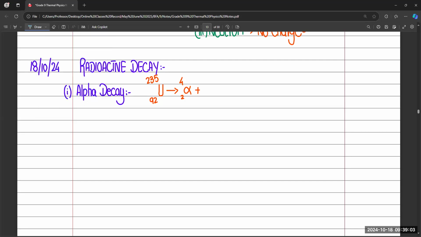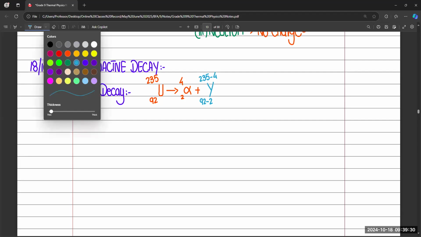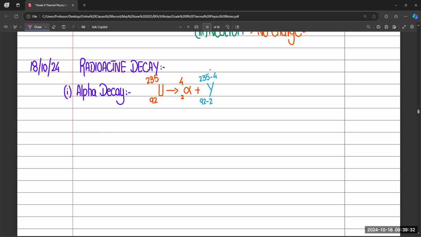We got a new element, any random element. We are not writing the name of that element, that is not important, ठीक है? हमें एलिमेंट्स के नाम याद नहीं करने। So your final element will be like 92 -2 235 -4। ठीक है, तो ये सिंपल आपने सब्ट्रैक्शन करनी है। एंड फाइनली ये एलिमेंट आपको कुछ इस तरह का मिलेगा, 90 231।